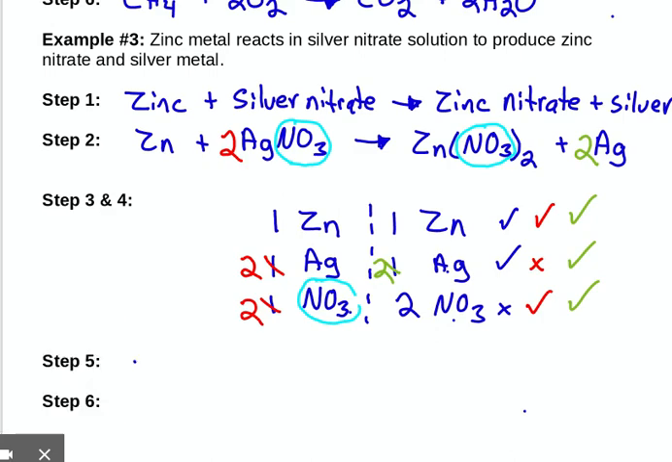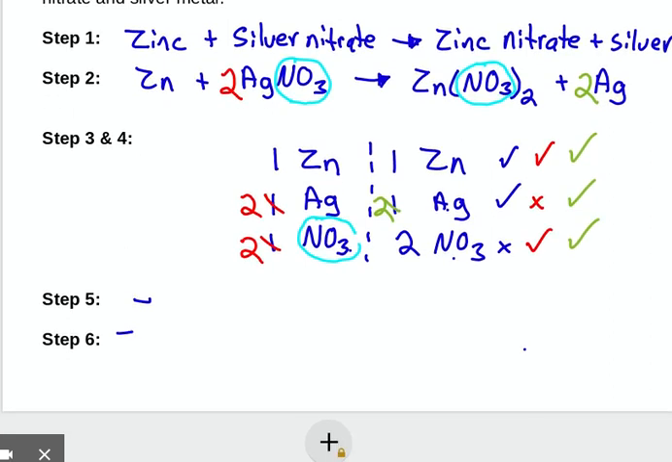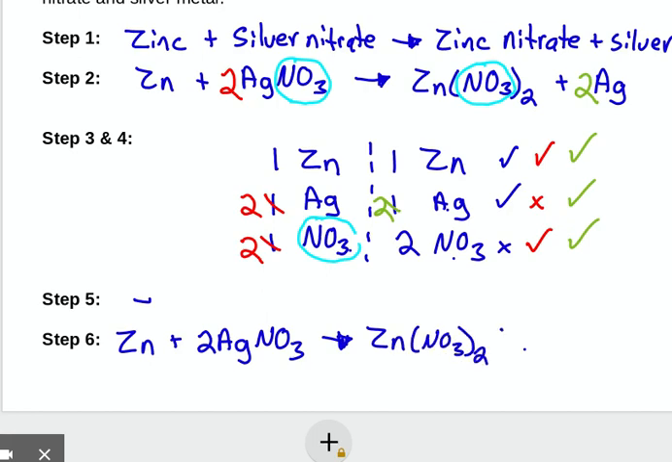We cannot common factor. And then we can just write out our nice equation here. Zinc plus 2AgNO3 plus zinc NO3 plus 2Ag. Okay, so this is a strategy that I find really, really helps when we're trying to